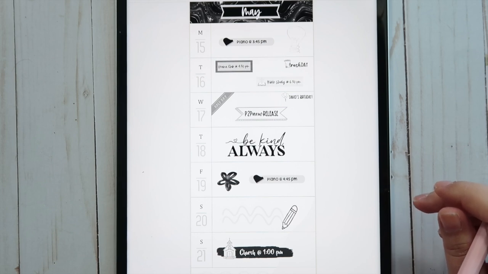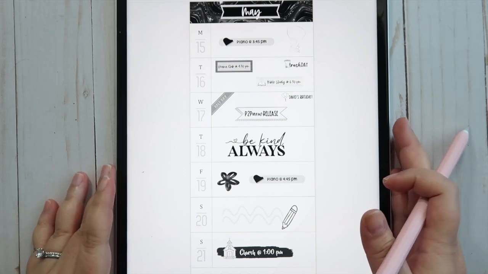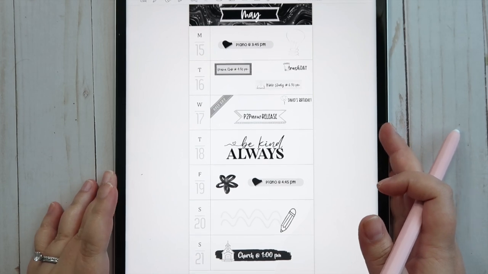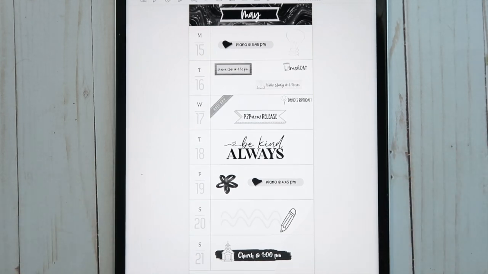Maybe do a digital planning routine or just different tutorials, whatever it may be. I really want to offer you guys some variety. But yeah, I feel like this is just working out really well for me, and this is all that I had planned to do today in terms of planning.